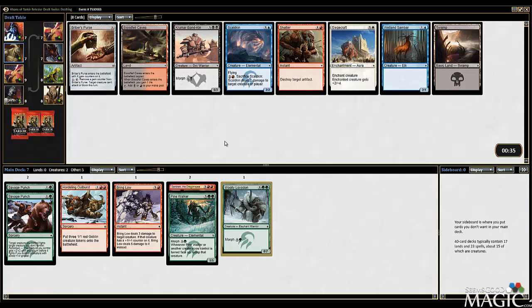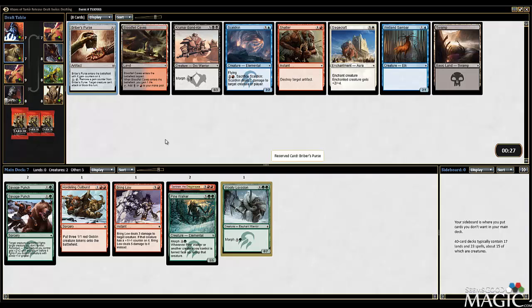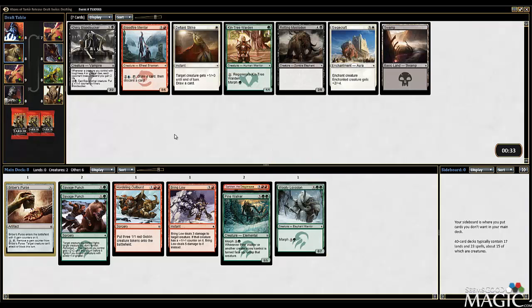Briber's Purse, well, that just shouldn't happen, so I'm happily going to take that. Despite Skuldkin being good if we're in Timur, Briber's Purse is too good to pass up. In my opinion, excellent card. Very powerful. Okay, so now,